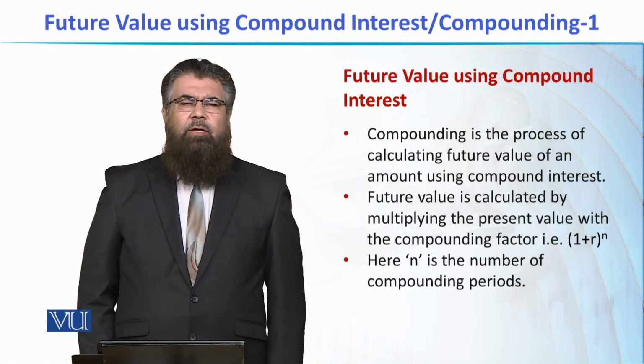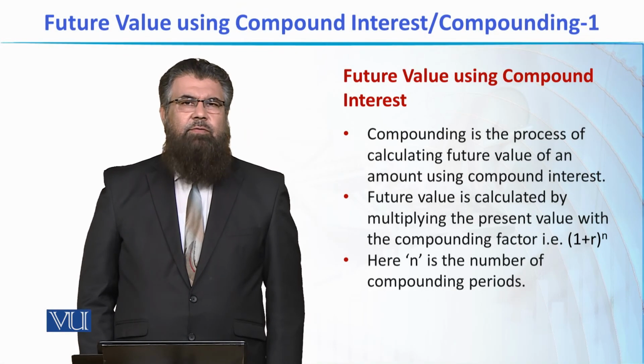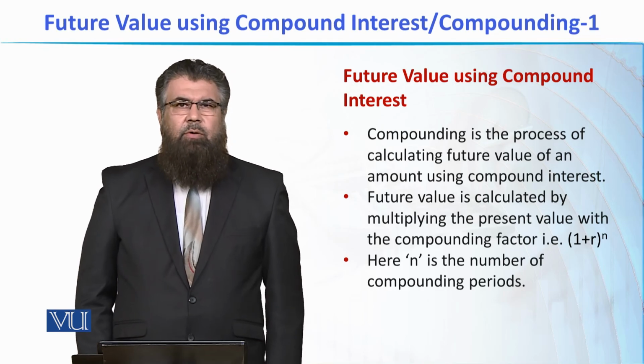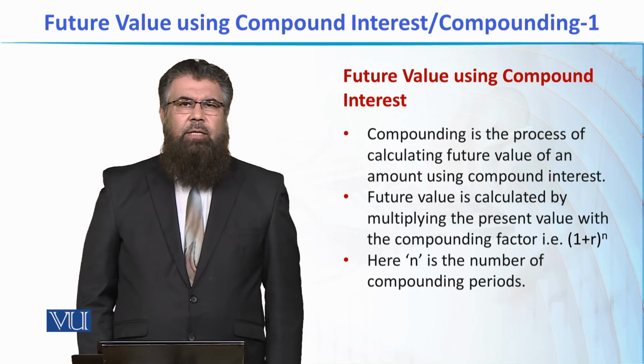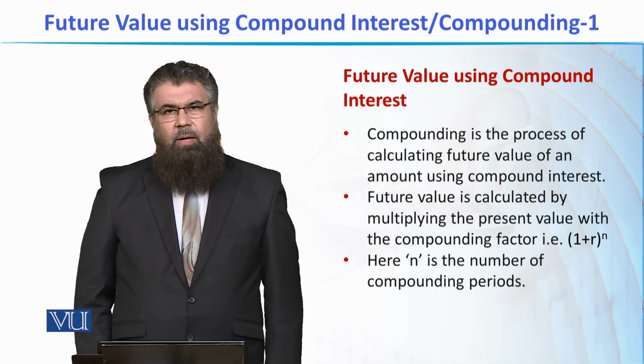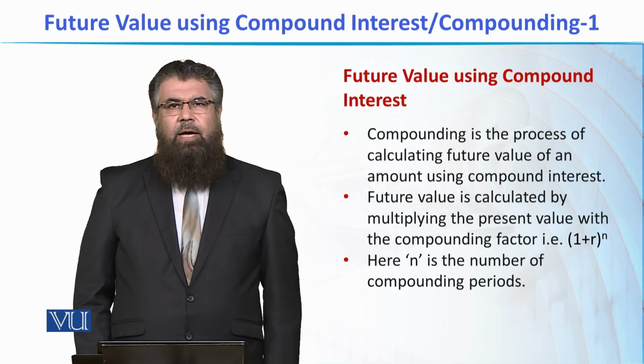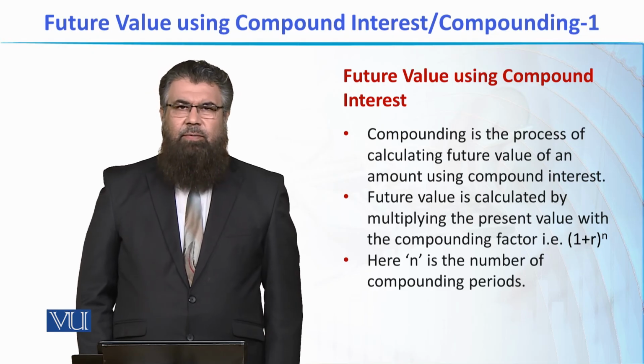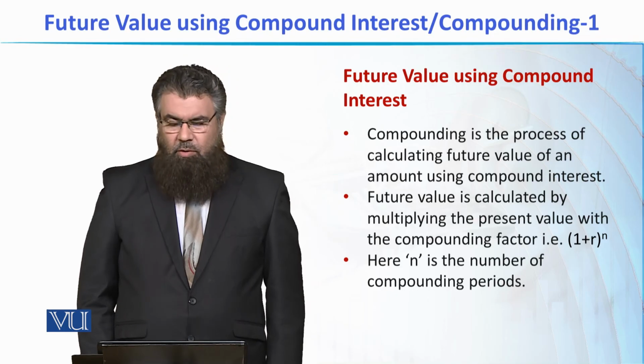Calculating future value using compound interest is called compounding. So if we are compounding an amount, we are actually calculating its future value using a certain rate of interest for a certain period of time. And in this process, we actually take a present value and then multiply this value with what is called the